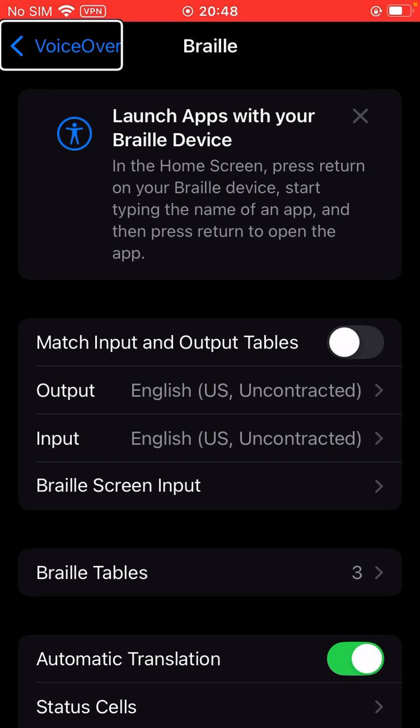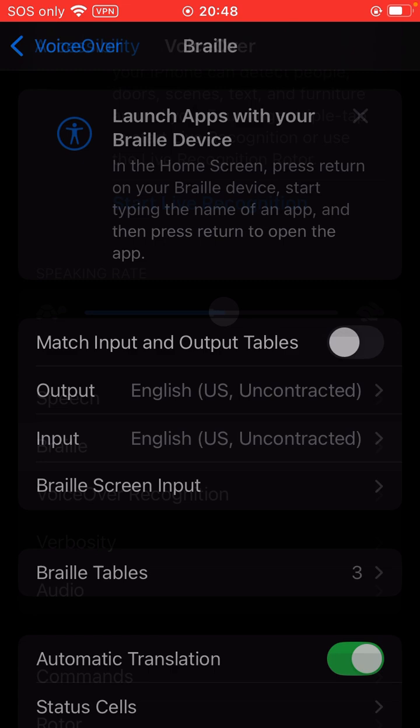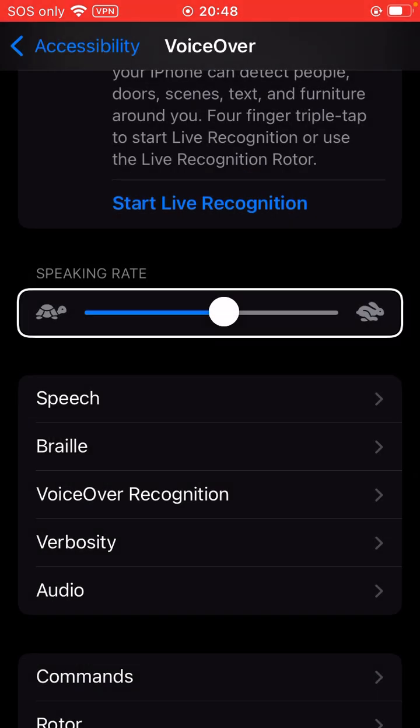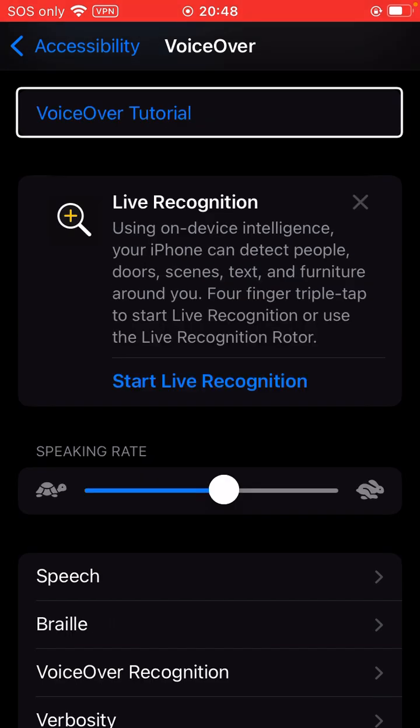Braille, back button. Braille, VoiceOver, back button. VoiceOver, back button. Speech, button. Braille, button. Tip, live recognition, VoiceOver tutorial, button. Yeah, I haven't really been messing with live recognition. I don't think it works with my phone, but